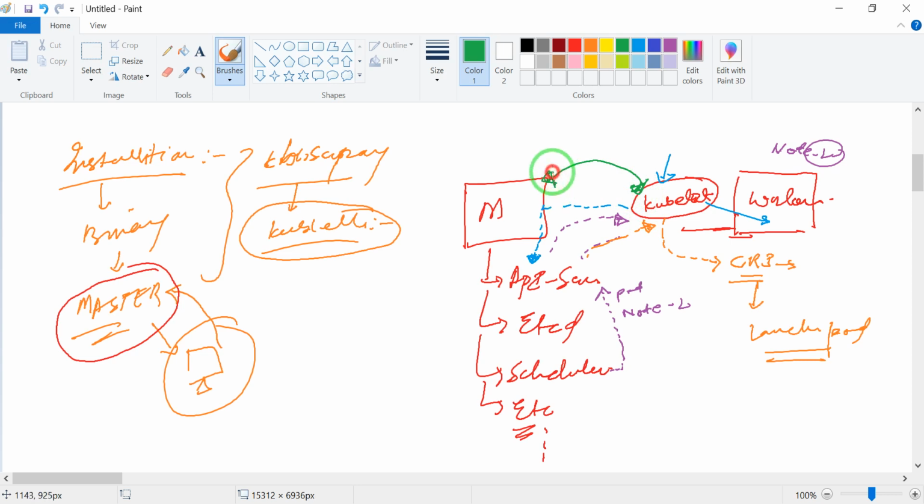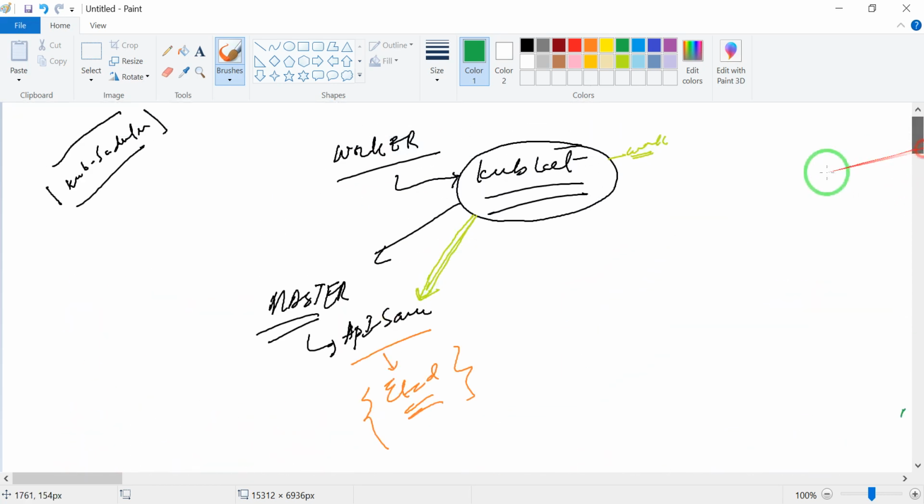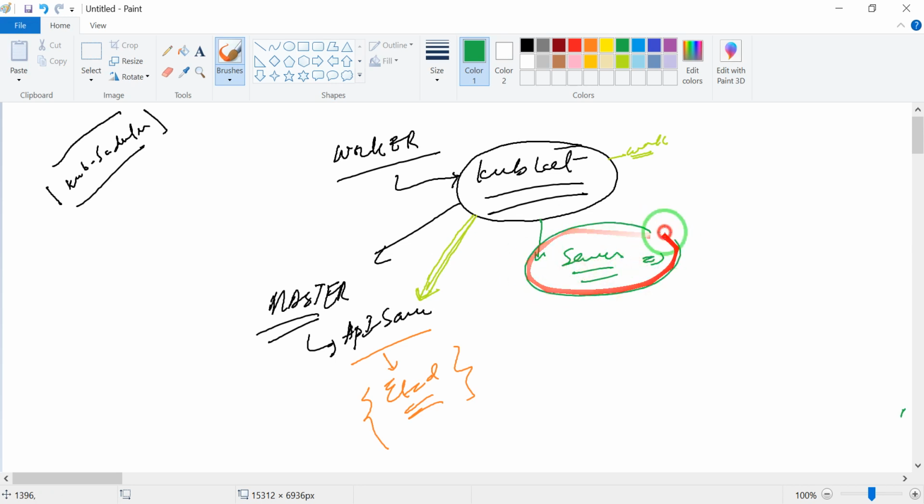This is the main responsibility of kubelet and how it works. It's a very short topic, but there is a command which connects to your Kubernetes server. With the help of kubelet you can connect to your master node.